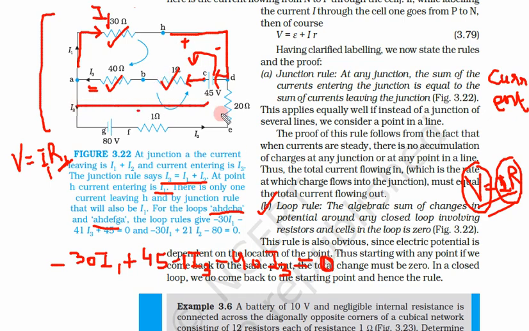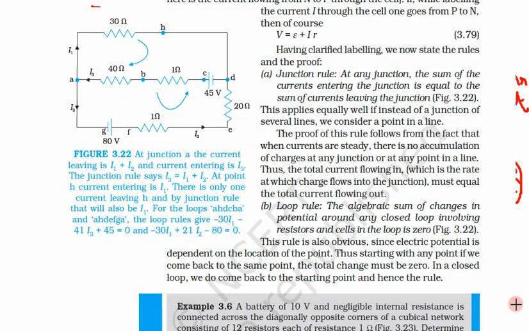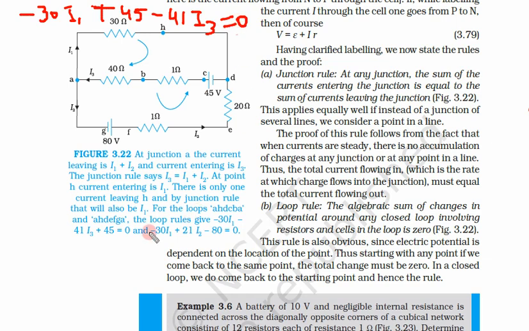So in this loop we have got one equation. It will be more clarified when we understand the second loop. So this is for the first loop. For the first loop we get minus 30 I1 plus 45, and this 40 and 1 make 41, so minus 41 I3 is equal to 0. This is the first equation: minus 30 I1 minus 41 I3 plus 45, they have taken 45 this side, is equal to 0.